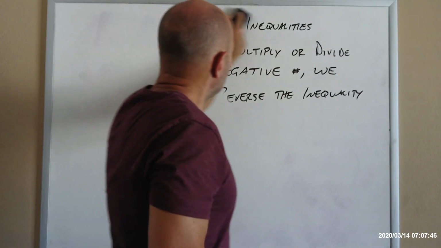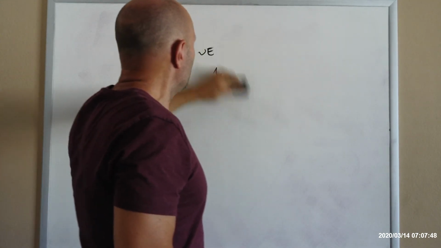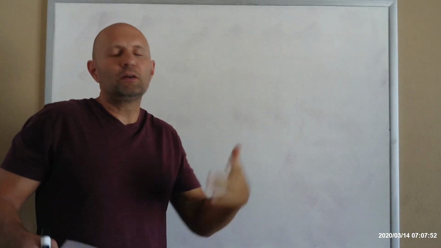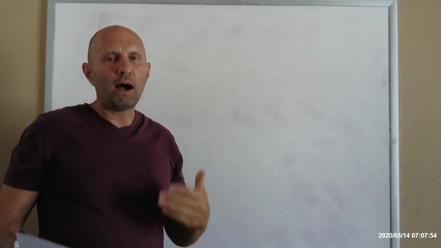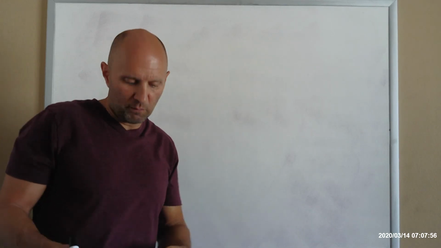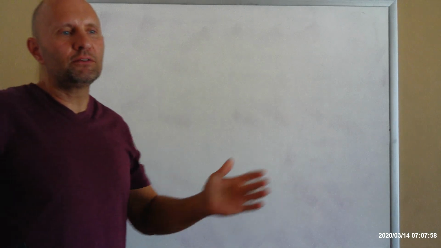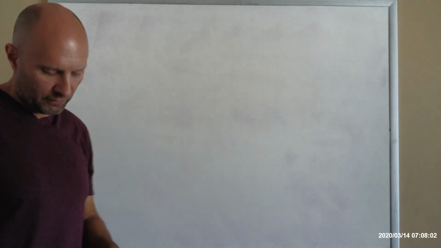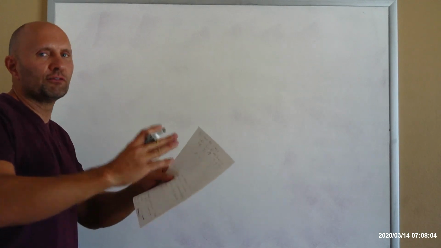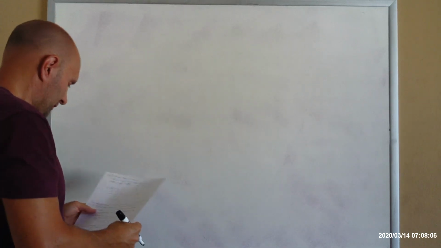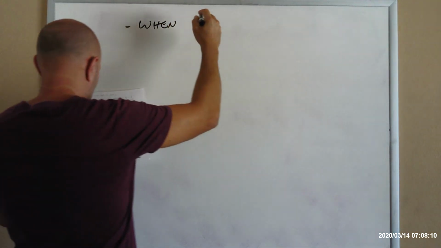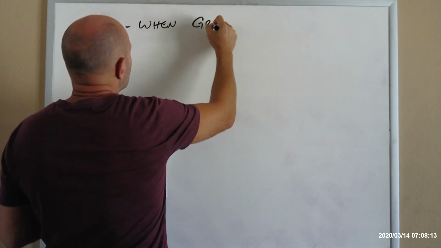So graphing inequalities. When we solve linear equations, we're just getting one point: x is equal to -1, or y is equal to 2, or whatever it might be. But inequalities are saying greater than or less than, greater than or equal to, less than or equal to. So it actually covers a whole range of numbers, not a specific point. So our notation for this, when graphing inequalities